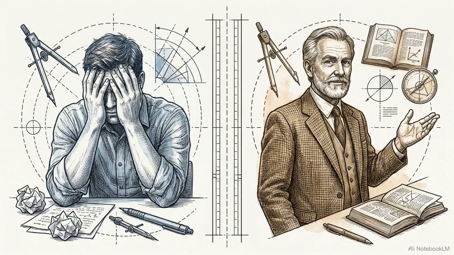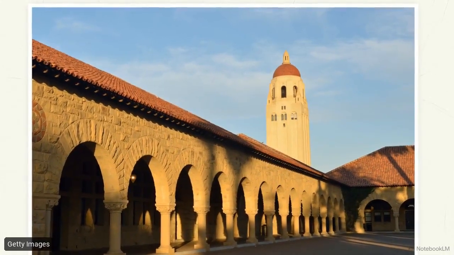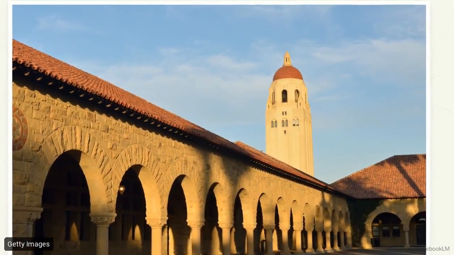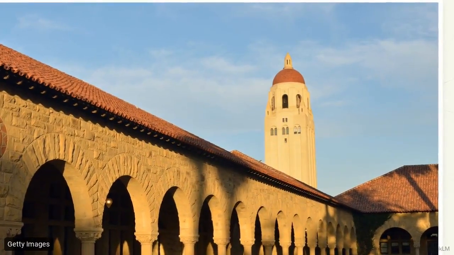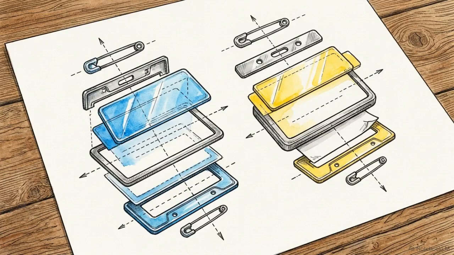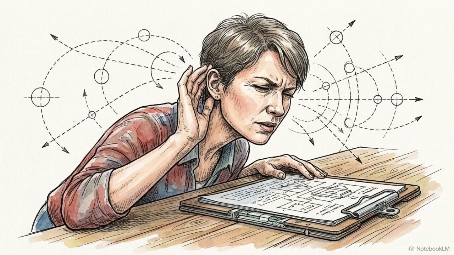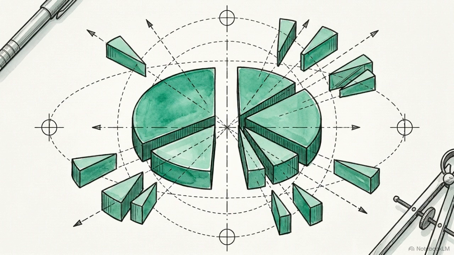If these physical limitations are so severe, why do highly educated experts consistently ignore them when designing their courses? The answer lies in a cognitive bias known as the curse of knowledge, famously demonstrated in a 1990 study by Elizabeth Newton at Stanford University. Newton separated participants into 2 groups, tappers and listeners. The tappers were asked to knock the rhythm of famous songs on a table, while the listeners tried to guess the melody. Before beginning, the tappers were asked to predict their success rate.